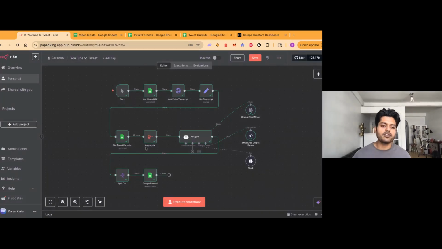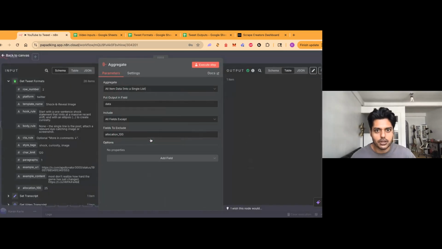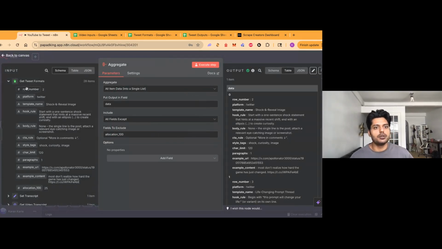Now, the thing is, if you have 28 different rows and you try to feed it all into an AI agent, you have to have some way of looping over them or putting all that data together. So we're going to call this aggregate node. And what this is going to do is it's going to turn all of these 28 items that you can see right here into one item. And so all item data, turn it into a single list, put output in field data, and all fields except